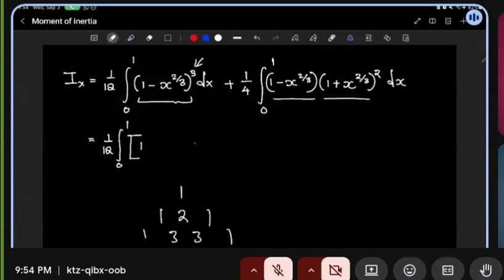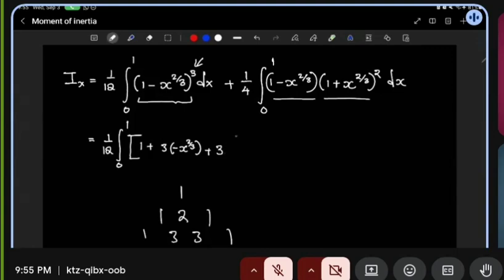And then this is going to be 1 multiplying 1 to the power 3. And then I'll have plus. Next I'll have 3, and then this will be 1 to the power 3 multiplying minus x to the power 2 over 3. This now, instead of power 0, now has power 1. Then plus